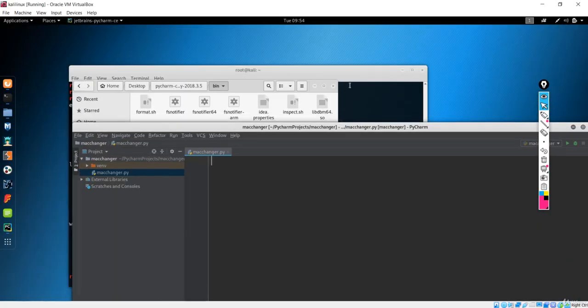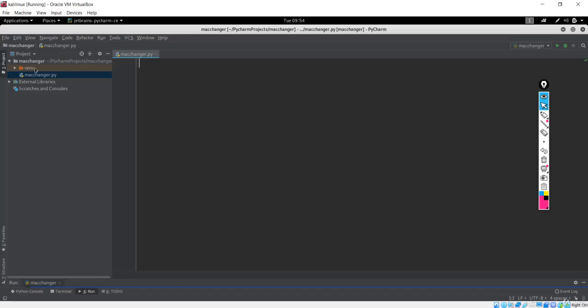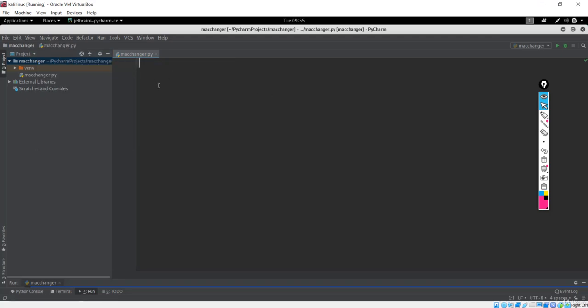After you open PyCharm, you first have to create a new project. Press on new project and you'll get the project at first. In order to create the Python file, you go to New and then Python file. We have done this on Windows in the previous couple of lectures, so that shouldn't be any problem for you. Now first of all, I'll import re, the regular expression module. We need that. You know the use of regular expressions: finding, searching or matching patterns in a string or sequence of characters.